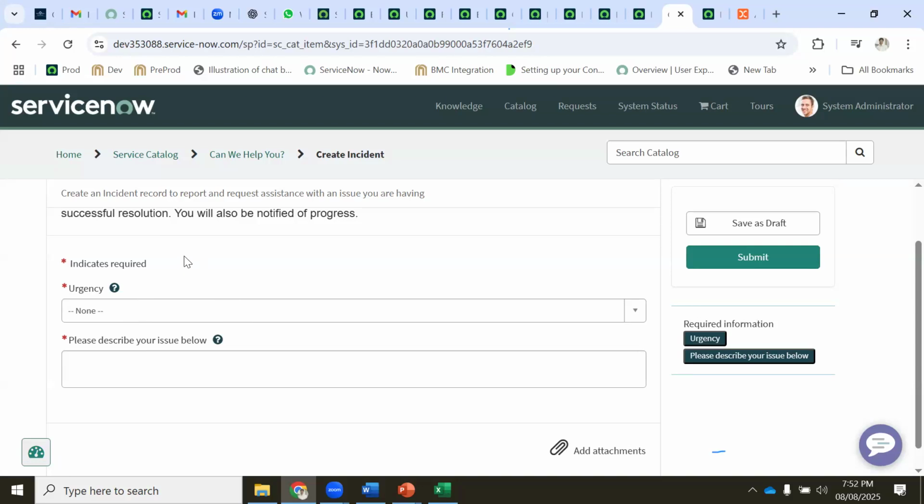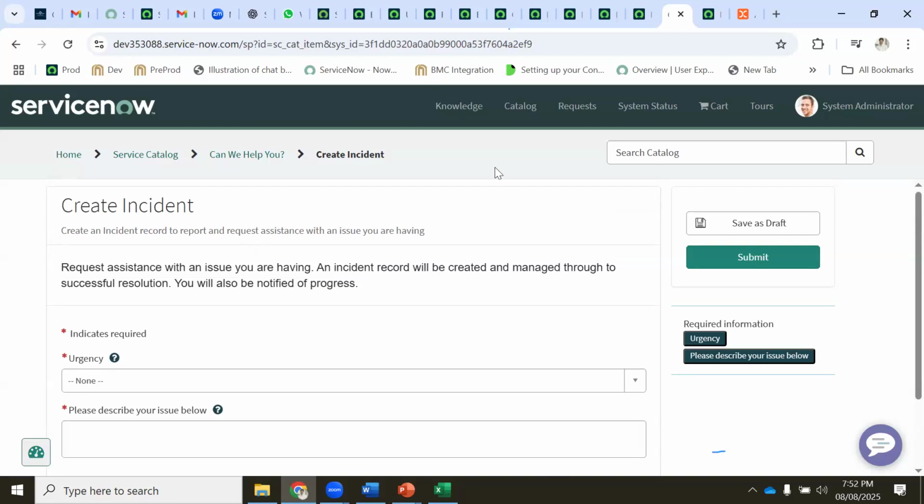Okay, thanks. So these are all widgets. All these backend things, this submit button, this urgency, please describe, these are all called widgets in ServiceNow. Remember guys, widgets.